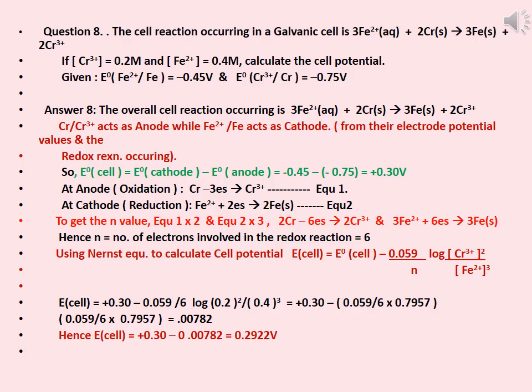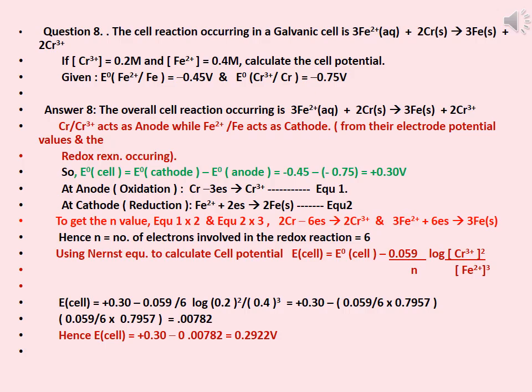So it is plus 0.3 minus 0.059 by 6 log of 0.2 the whole square divided by 0.4 the whole cube, which is equal to plus 0.3 minus